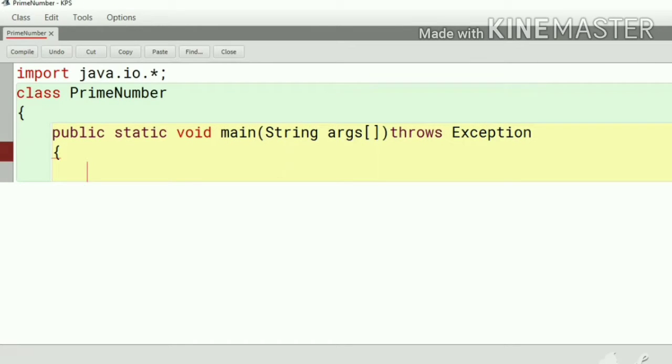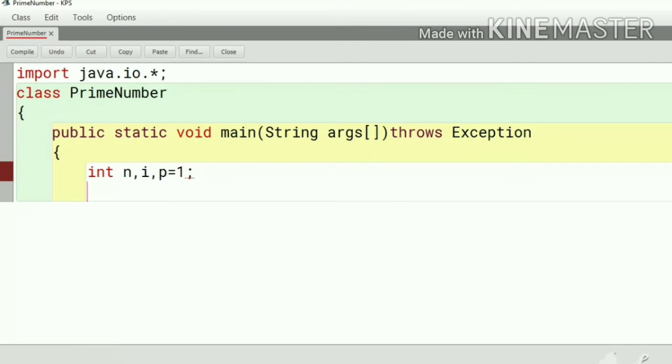Runtime data type, here we have to take int n for the number. Here i for the looping for counting the number, p for yes or no, here we put 1.